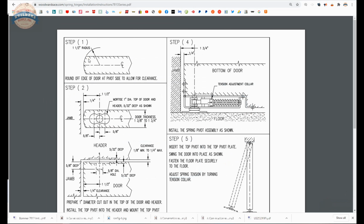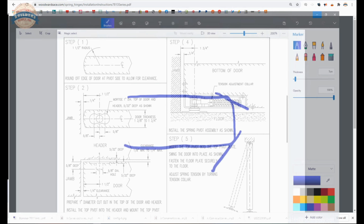That makes for a large round over bit, very large. I, of course, own one. I've done this sort of radius prep countless times on doors. It's very easy, very simple and straightforward. But you do need a big round over bit, and you need a router that can handle it. The router I use was a DeWalt router that I took the base,